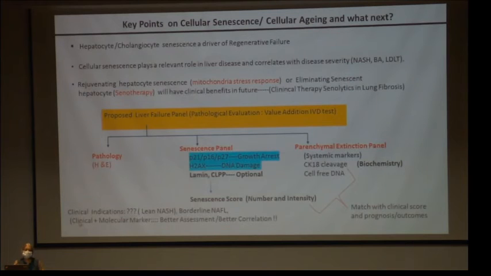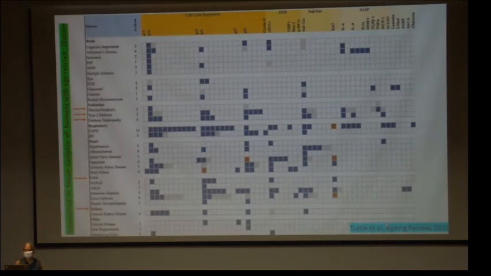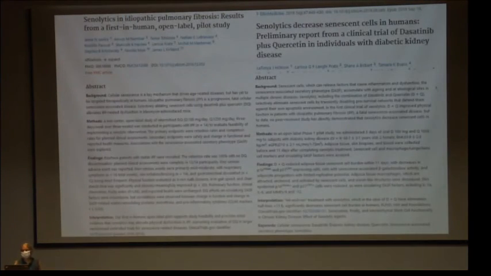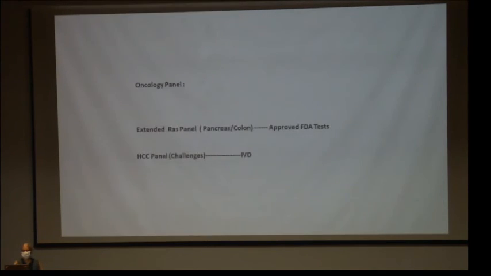So what you need in the clinic is not just your clinical assessment, but the addition of these molecular markers to match with the clinical score. I'm just finishing it up fast. This is a meta-analysis where almost all the organs have been done, not just liver. It has a big role in kidney and lung fibrosis. And there are already clinical trials going on. So if tomorrow you have to have a clinical trial here, you should have the markers of cell death as well as those of senescence. Now these are some of the things. If there is time, I'll go on, otherwise I'll stop. These are the oncology panels.